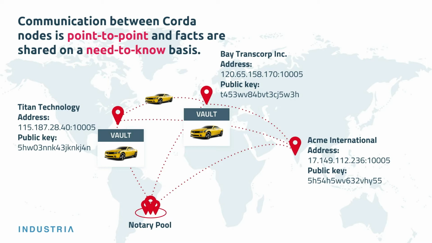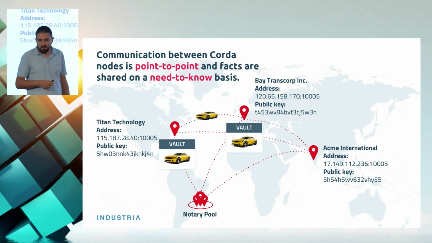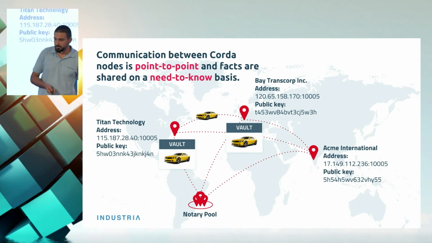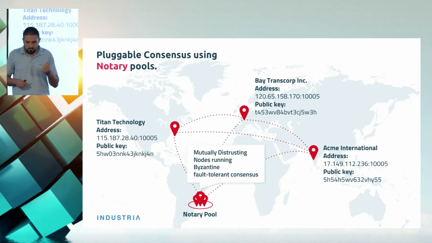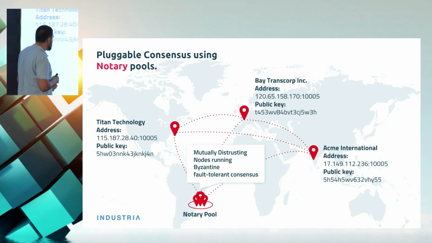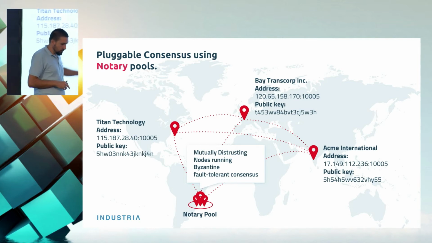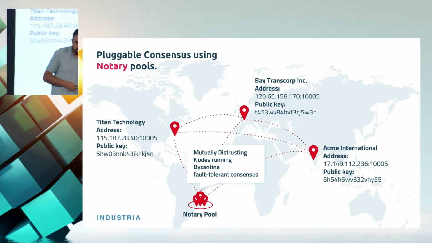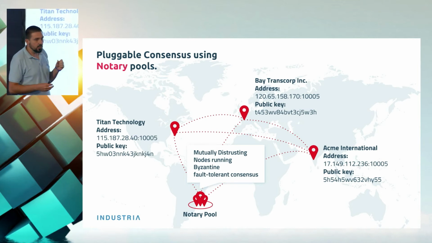In this example, you can see that Titan Technology is transacting with Bait Transcorp, and only they know about some asset, for example. DACMA International doesn't know anything. The consensus in the network is happening through mutually distrusting nodes running Byzantine fault-tolerant consensus, which is the notary pool. The notary pool is used to ensure the finality of the network,